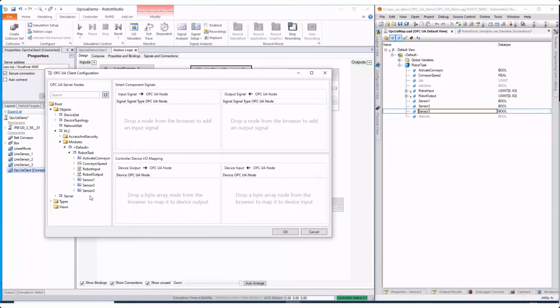Select the sensor nodes and drag them to the input signal list. This will create three input signals on the OPC UA Client Smart Component. The signals will get the same name as the OPC UA nodes by default, but the name can be edited if desired.